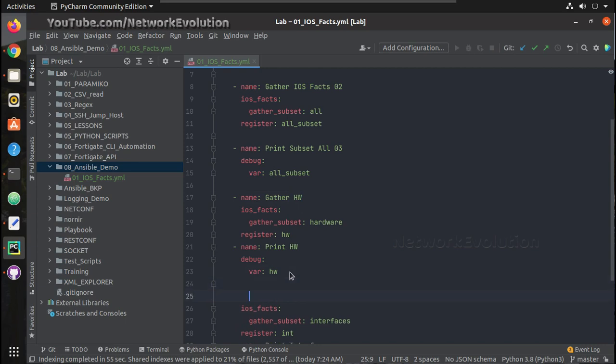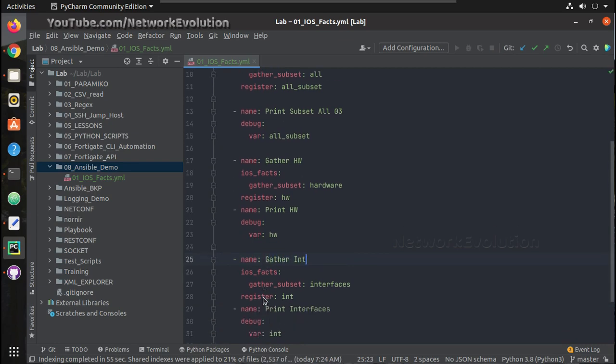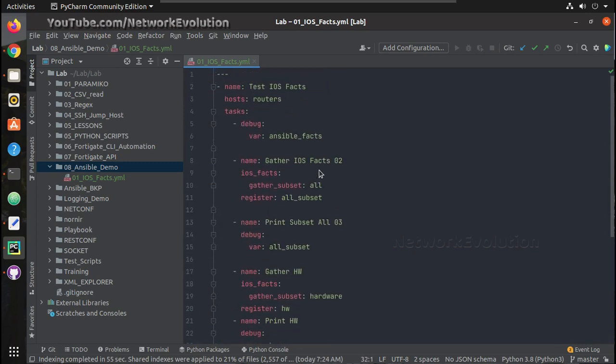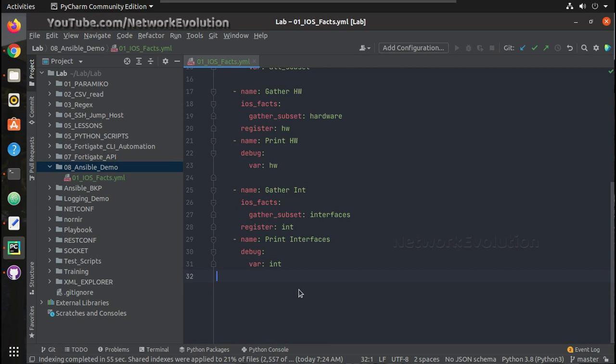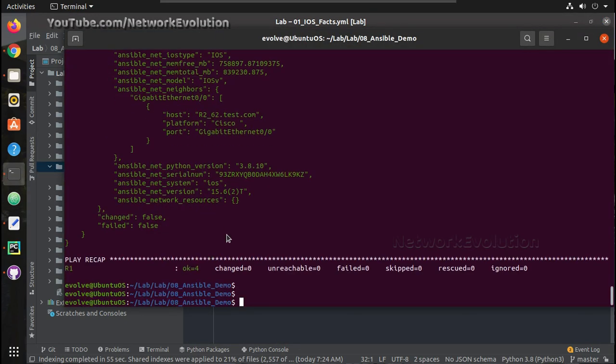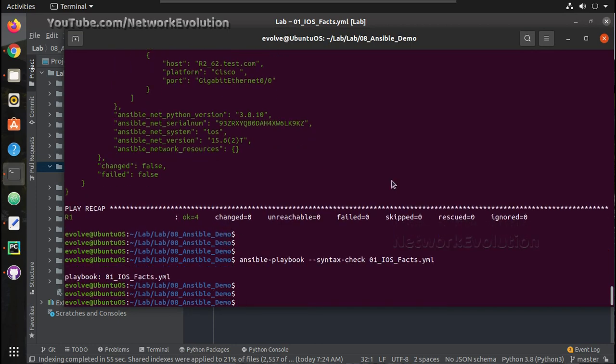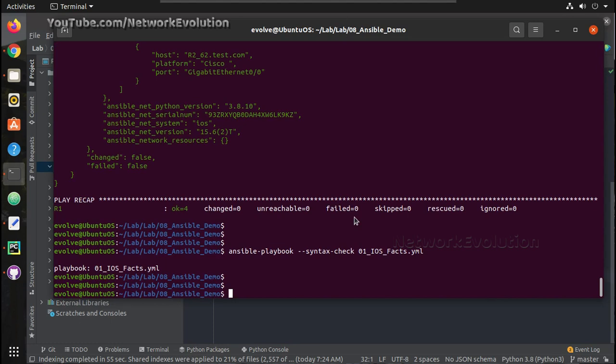Similar to that, interface, and we'll be printing the interface. So now we have multiple tasks here. So let us just verify the syntax. Syntax looks good, so let us try running this playbook.